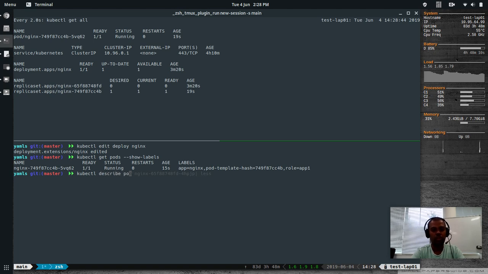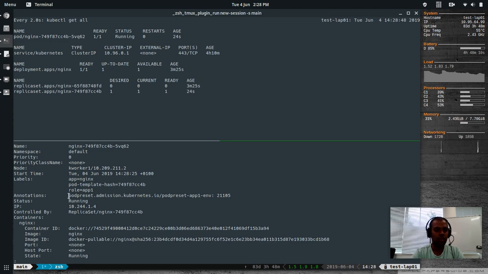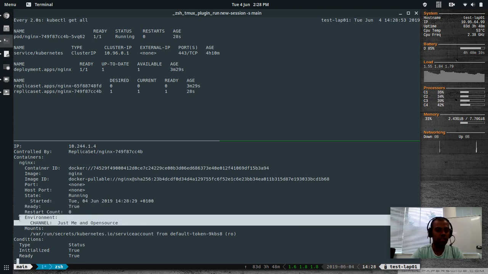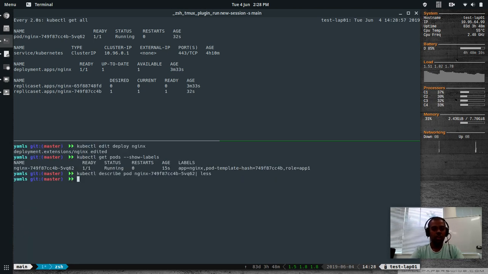kubectl describe pod nginx, pipe that to less, and you can see the pod preset annotation and the environment variable is there, right? But the problem is when you update your deployment, it's going to kill your existing pod and then recreate it, which means the new pod that's getting created will get the pod preset configuration, because the pod preset gets applied only during the pod creation and not dynamically. Okay, let's delete that. kubectl delete deploy